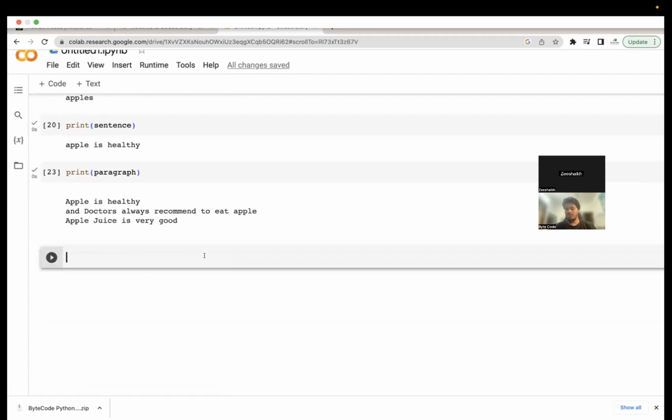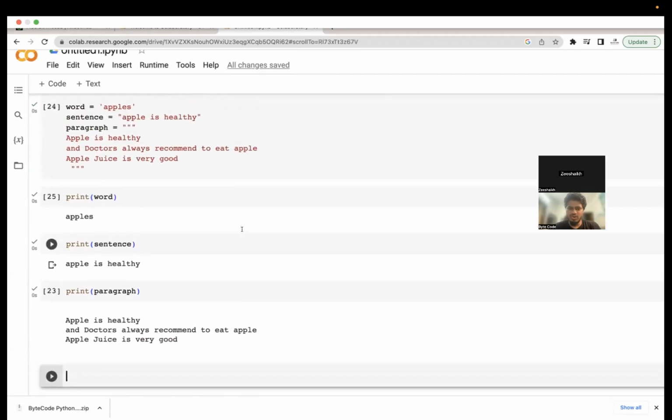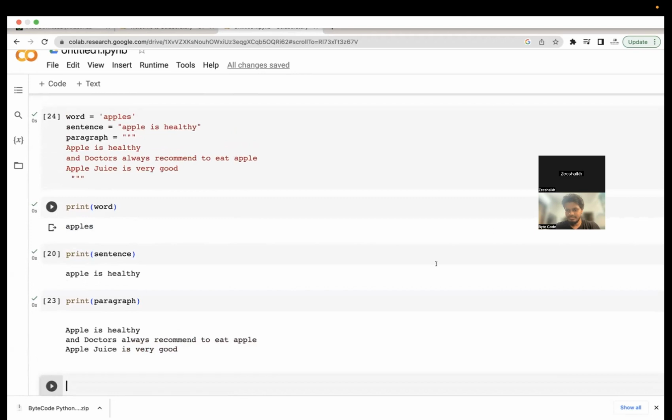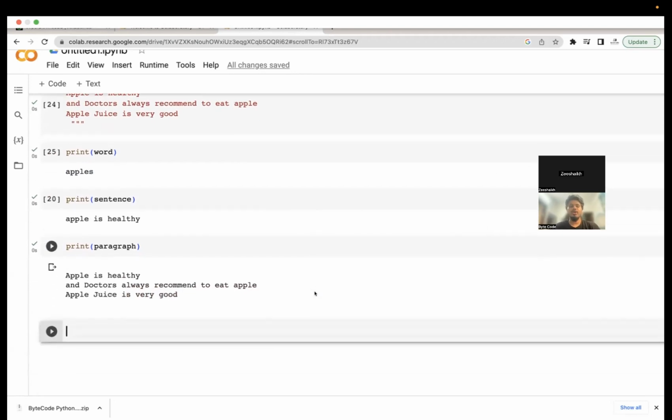Now what we will do, I hope everybody's done. If not, I can wait. Okay. Now what we will see is how to combine, or concatenate, two variables.